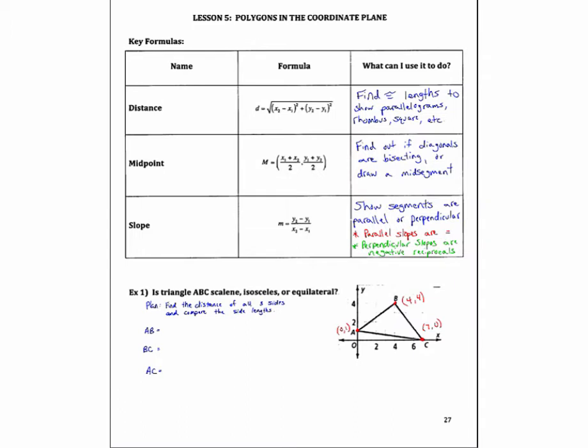Welcome to this episode of Mr. Lehman's Knowledge Explosion. In Unit 6, Lesson 5, we're going to talk about polygons and coordinates and how we determine what a quadrilateral is. So as a reminder, at the start of page 27, we have the three formulas